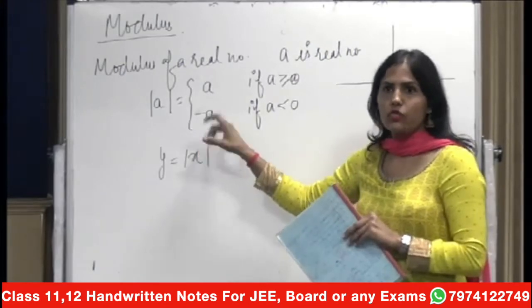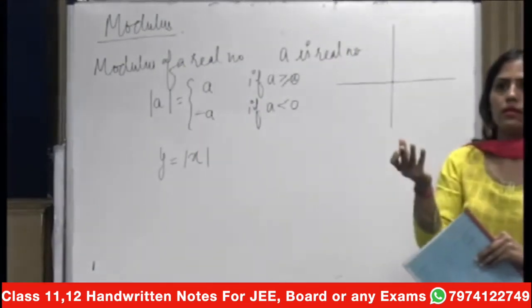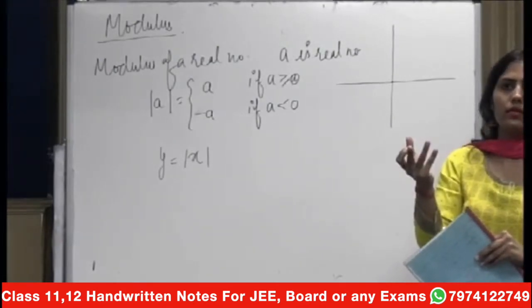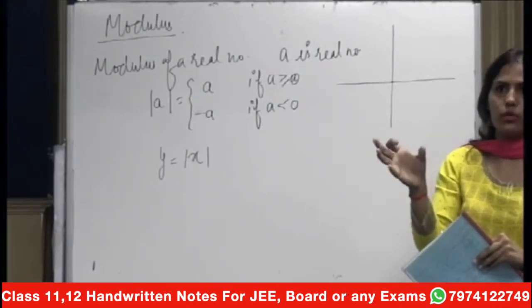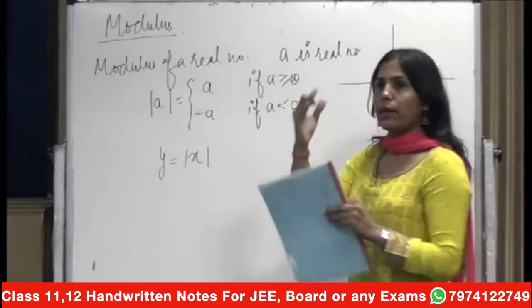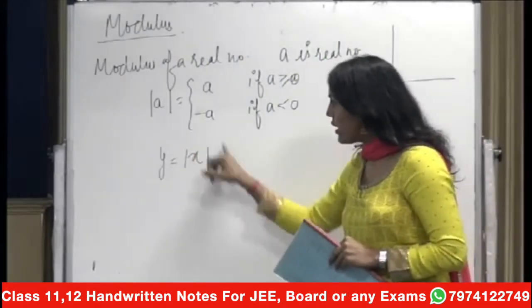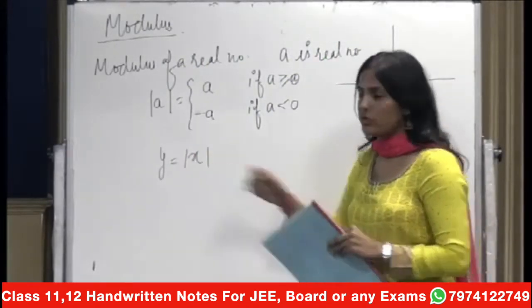Is it fine? So it means that the modulus of any number is its positive value. So now if I ask you to draw the mod x function, it will be x for